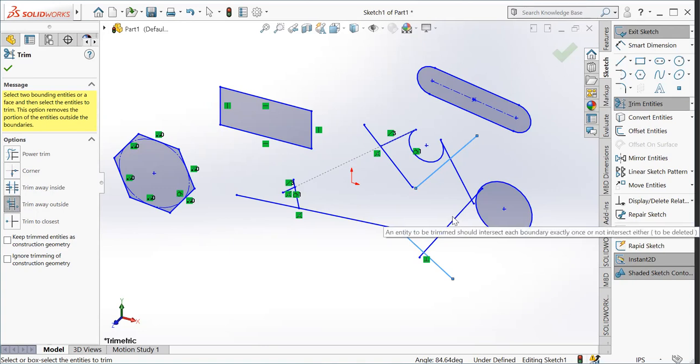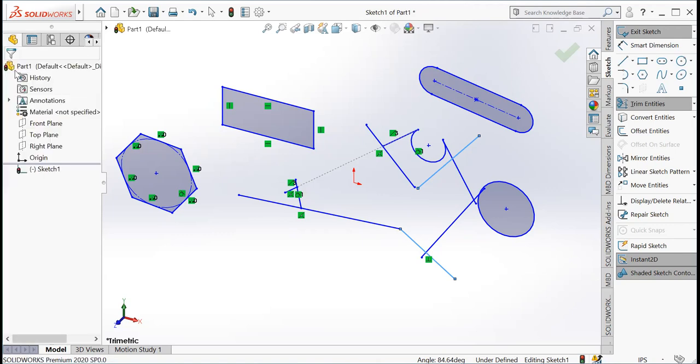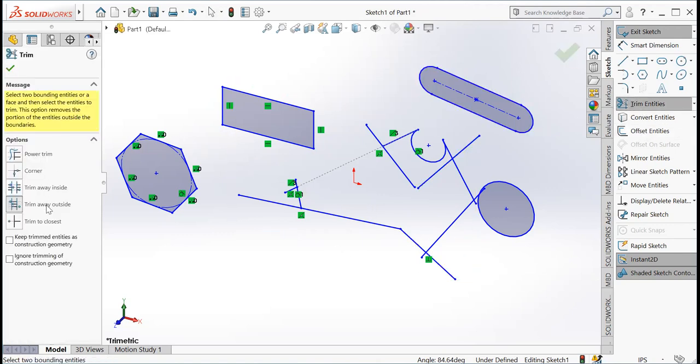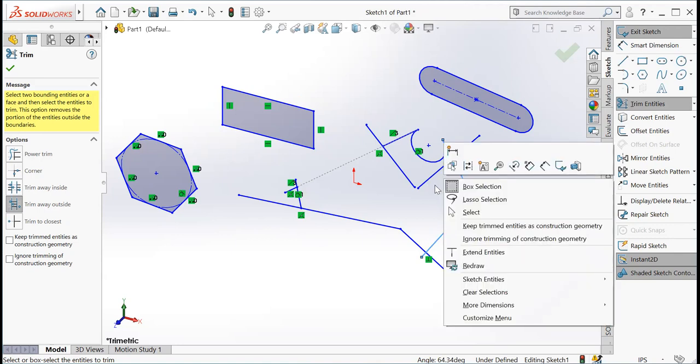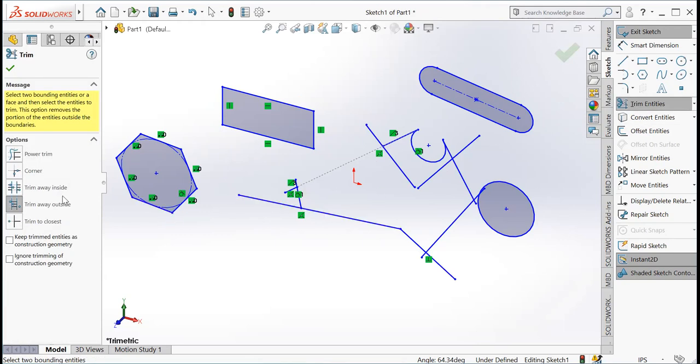I will click on this line, going again on this trim, selecting this line and this line. Then again click on OK.